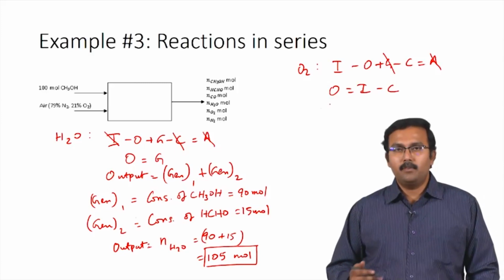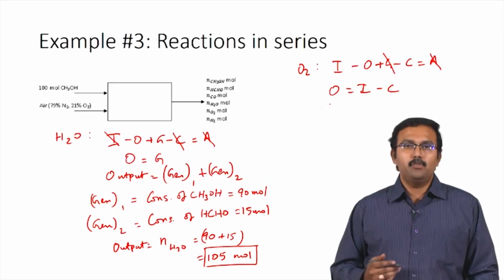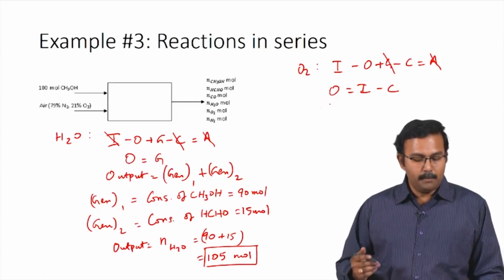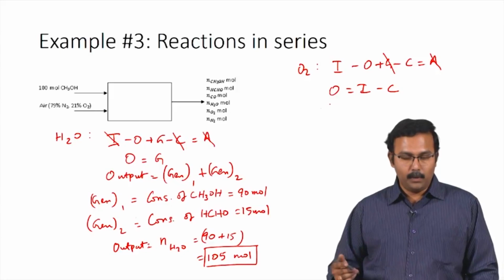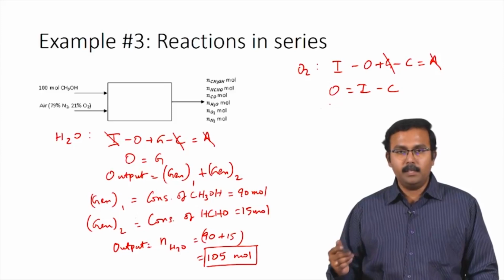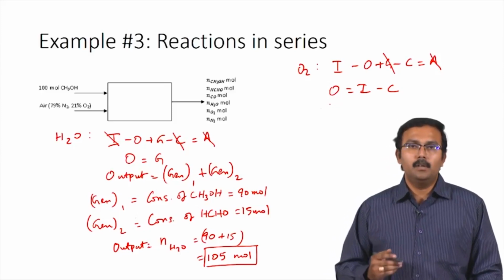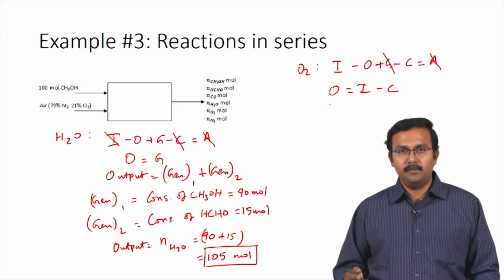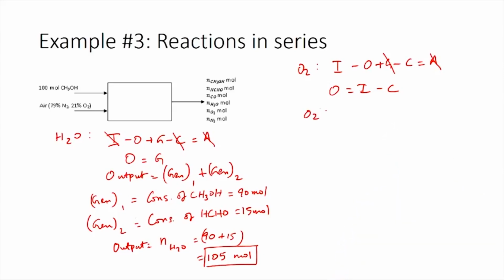We can calculate the amount of oxygen which is supplied to the system based on the information given to us in the problem. The problem statement tells us that air is supplied at twice the stoichiometric amount as what is required for complete conversion of methanol to the desired products which are fed to the reactor. So, now based on this information we can calculate the amount of oxygen fed as follows. Oxygen supplied, which is the input, is equal to 2 times the stoichiometric